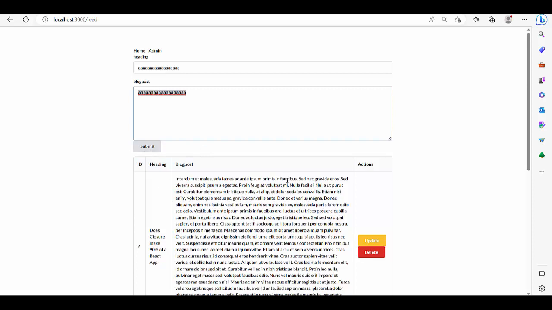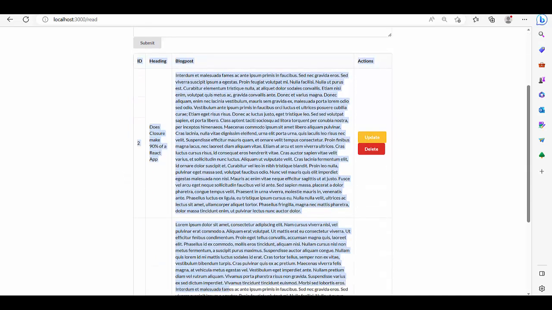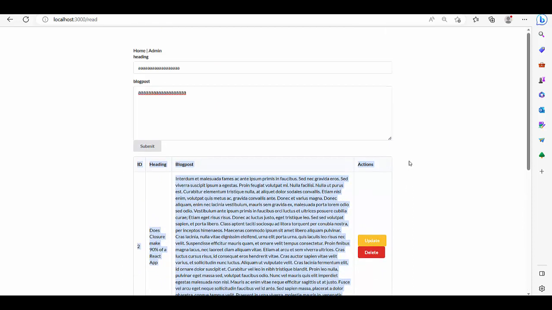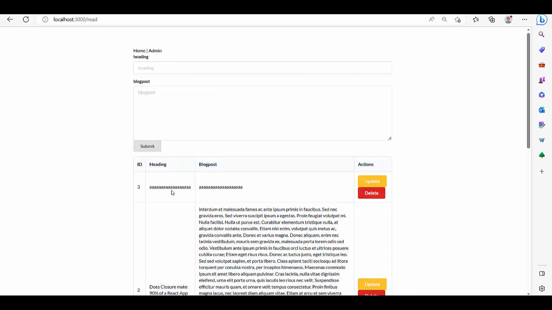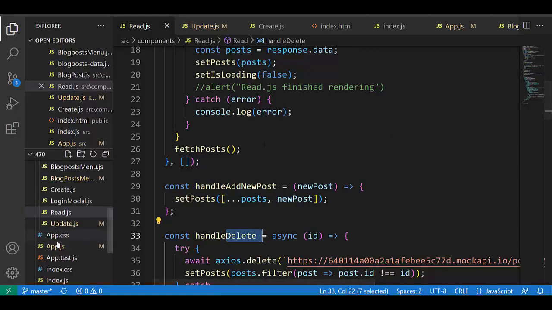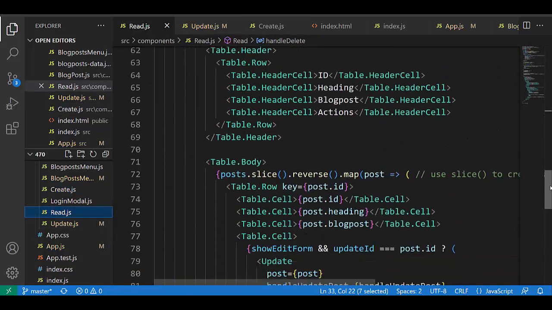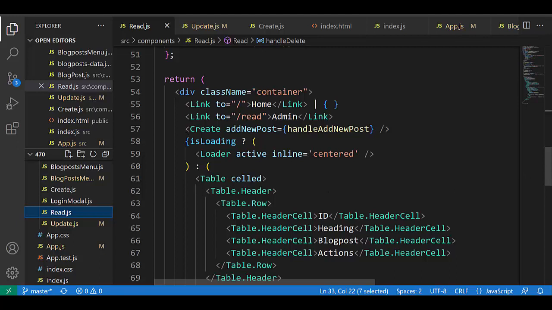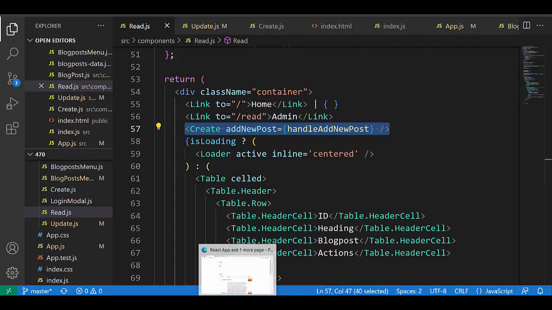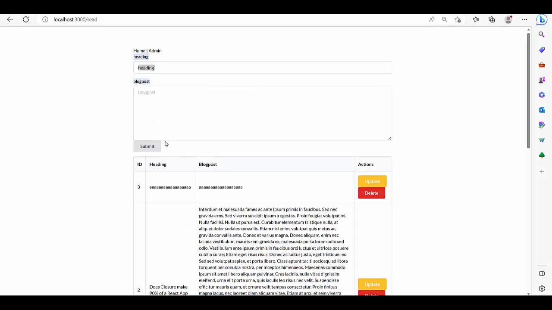And now when I click submit, we will see that in state. This is the state posts. Now there are two posts in that array, but this AAA after submit will be visible in that new state posts. Look at how it is created. Create in read. Create is here. It is rendered in the read component. It is a child of the read component. Here is this create